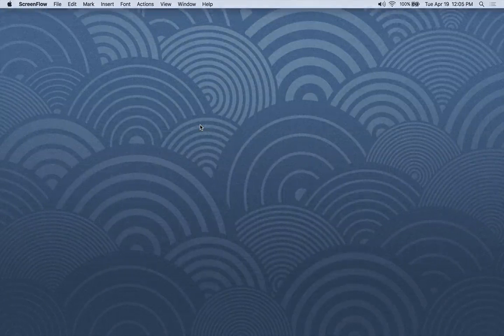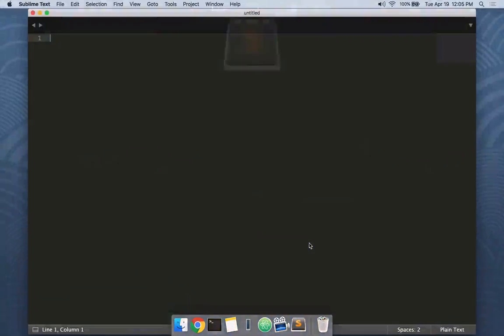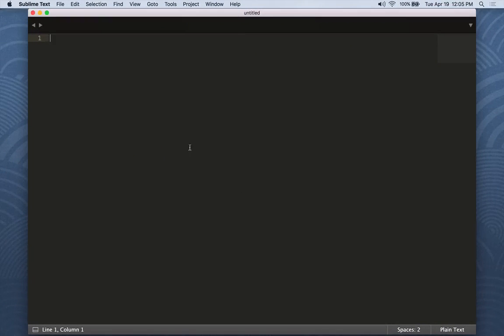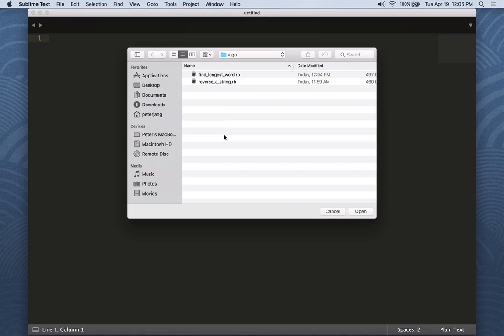So now that we have Sublime Text installed, let's run through some of the basics. I can open up all my applications by hitting F4, and I see Sublime down here, or I can just start typing in the word Sublime, and here it's open. Sublime Text is an editor that opens up programming text files, so we go ahead and File, Open, and open